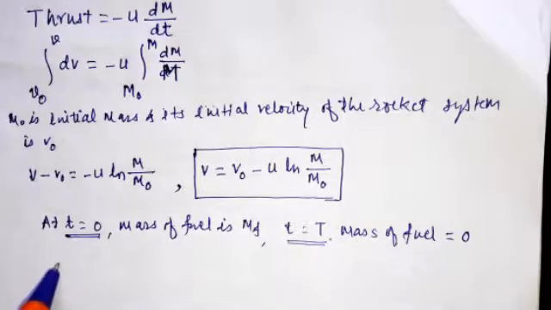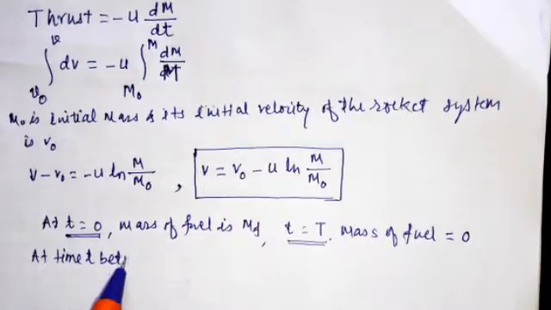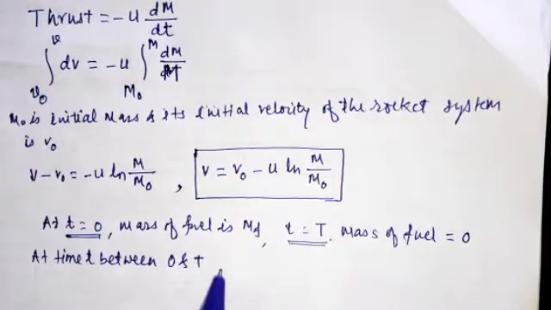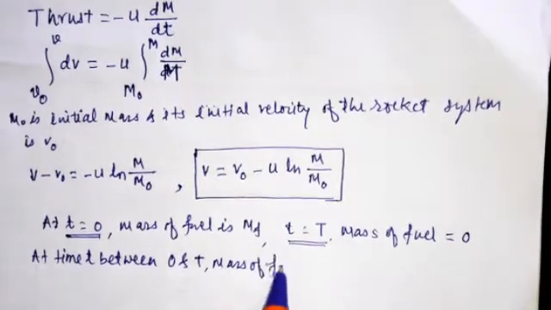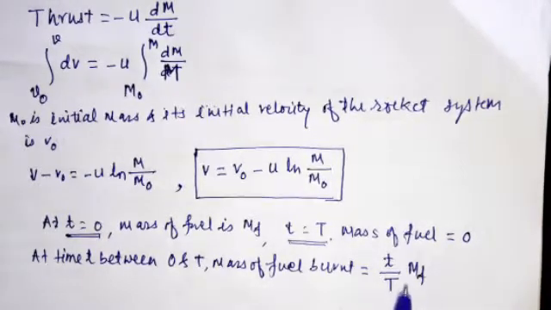So we can write that at time t, between 0 and t, the mass of the fuel burnt is equal to small t upon capital T multiplied by the mass of the fuel. So therefore we can write here